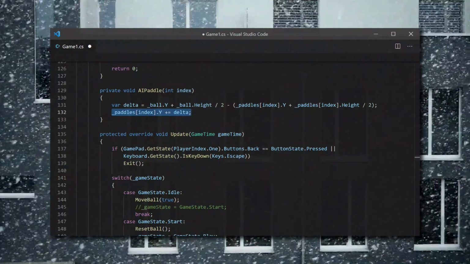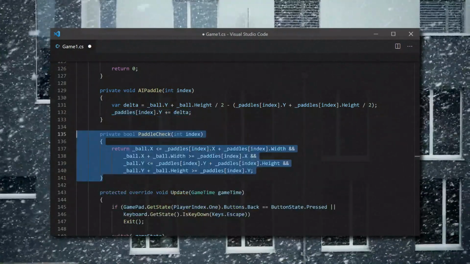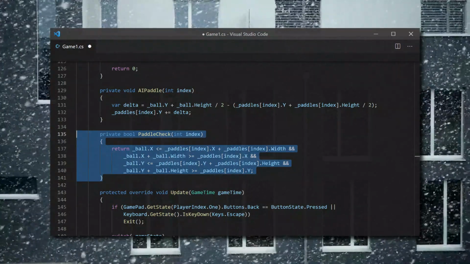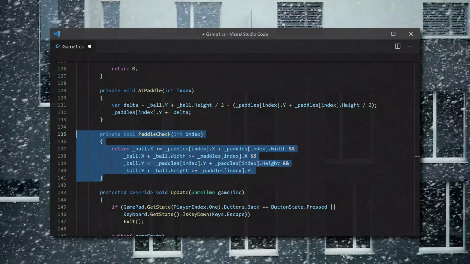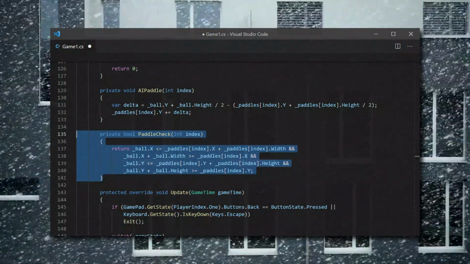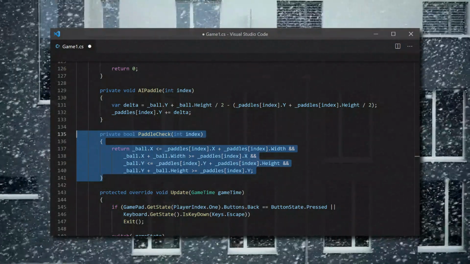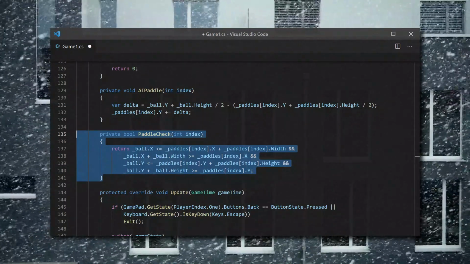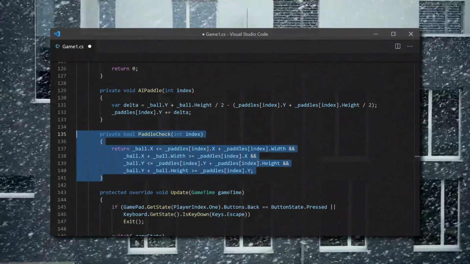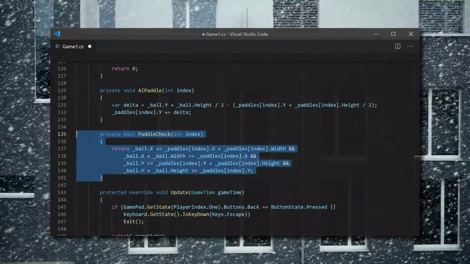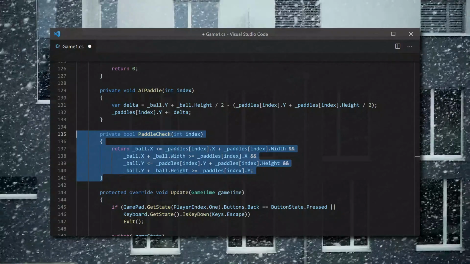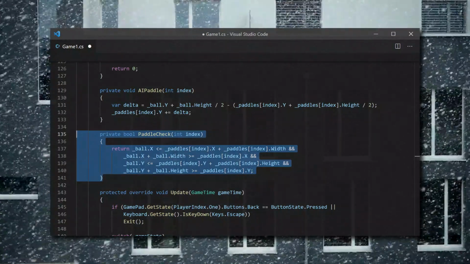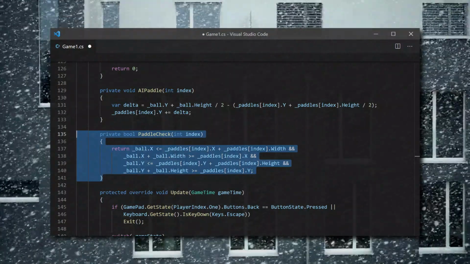Now that the paddles have a method for movement, we need some implementation for collision detection. Here's a method that just tests if a paddle and the ball overlaps. This type of collision detection is called Axis Aligned Bounding Boxes, or AABB for short. Axis aligned bounding boxes work anytime you have two boxes that share the same two axes. Any rotation and it doesn't work. In our case, it works.